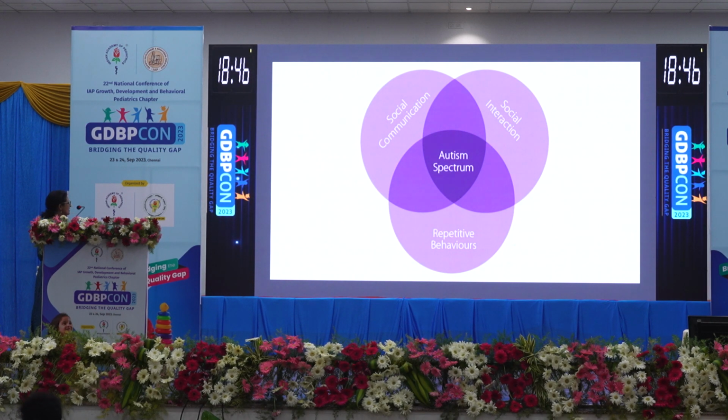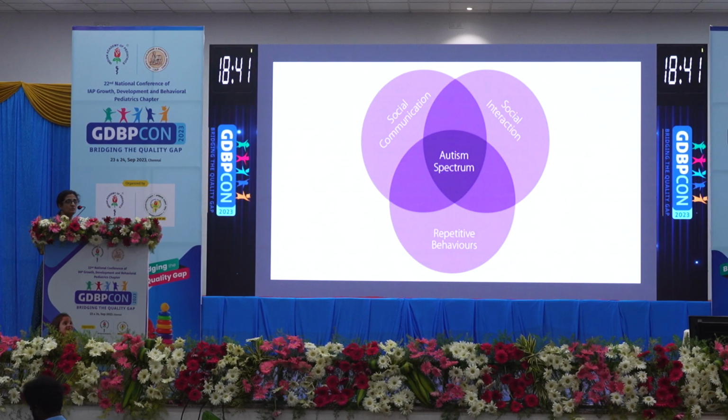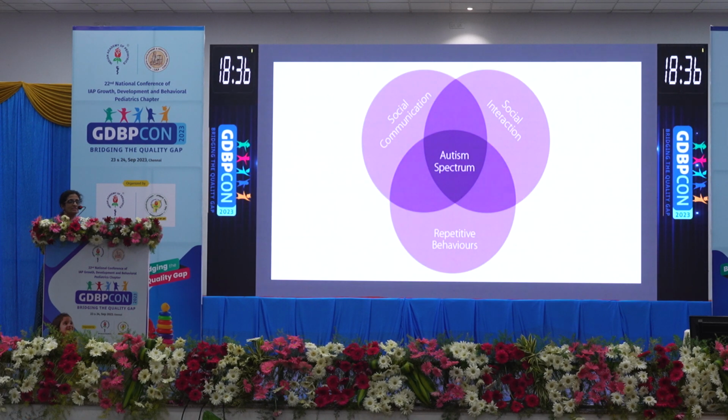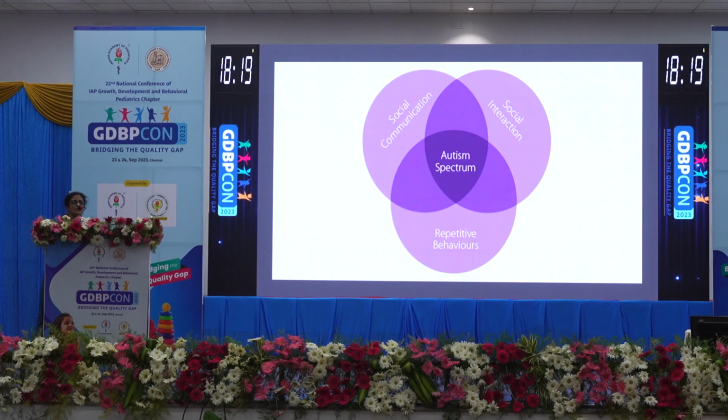But of all these three things, what do you think is the earliest to happen? So it's basically when the baby is born. What is it that a mother thinks of? Will she be thinking about when is she going to start talking to me, walking to me, or she just wants to hold the baby, hug the baby. She wants to see her baby smile. When is my baby going to smile at me? When is my baby going to coo at me? When is my baby going to make sounds? So social interaction becomes one of the early things that we should look at.